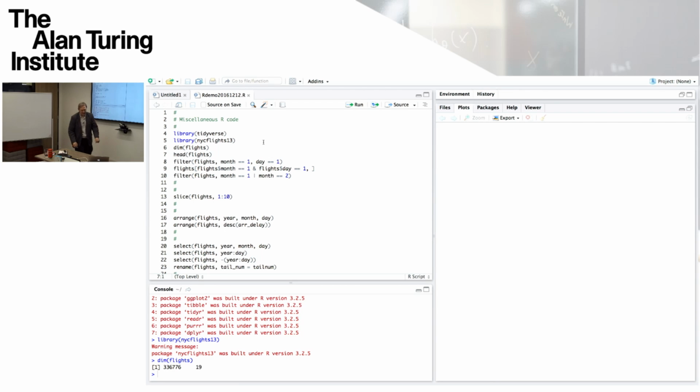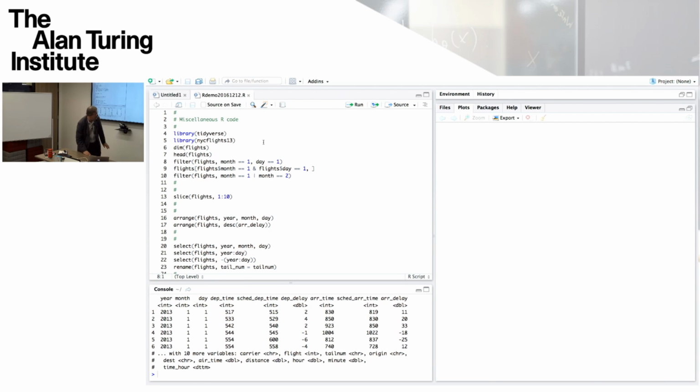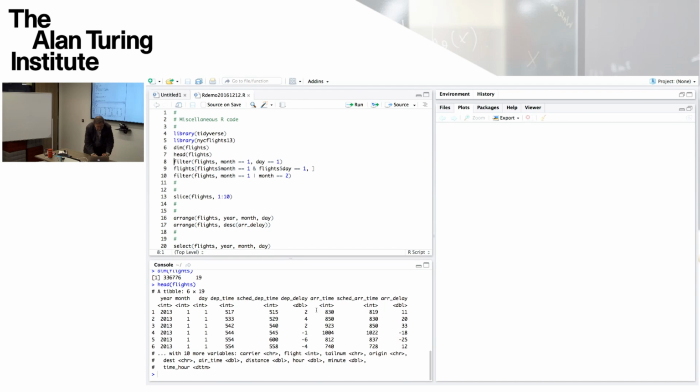And if we just look at the head, so the first few observations, then we see it has this form here. Actually what's happened here is that the flights data frame has produced something which is in a slightly more stylized format than the regular data frames, and these are called tibbles.